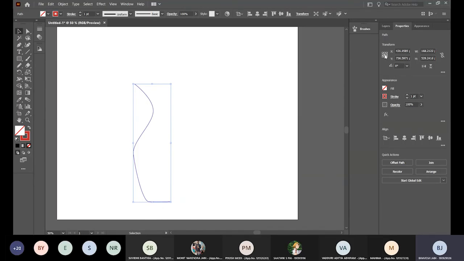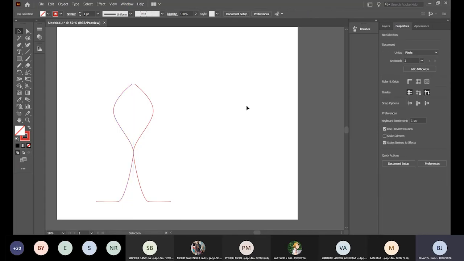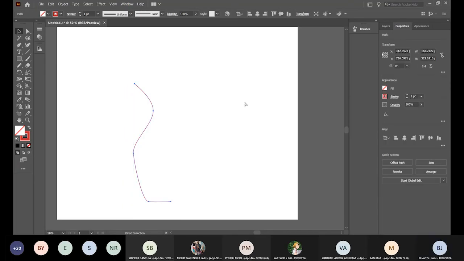If I choose the central axis, it will rotate around the center. If I select the rightmost corner, it will rotate around the rightmost corner. Similarly, if I select the leftmost corner, it will rotate around that. Getting it? Yes. Okay.